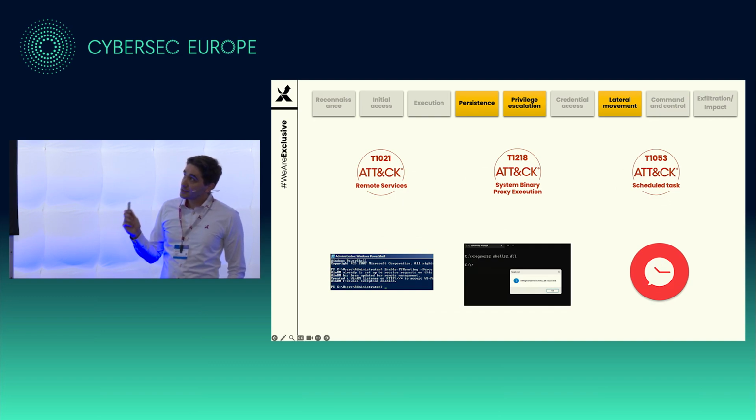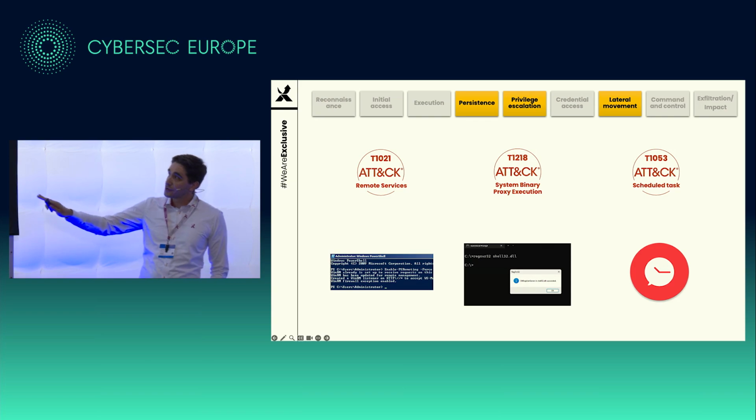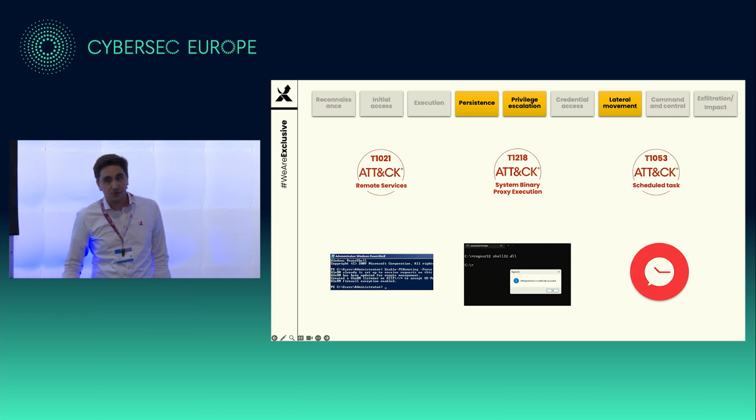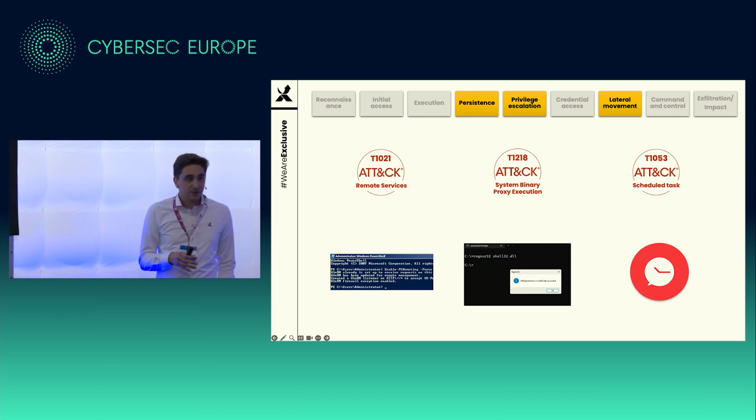They continue their quest. They did a lot of lateral movement using remote PowerShell and again the scheduled task, and also system binary execution, DLL injection, etc., to take over systems and have keyboard activity on all of these, dialing out to make sure they can have whatever they want on these systems.